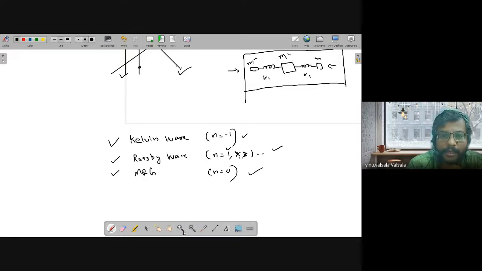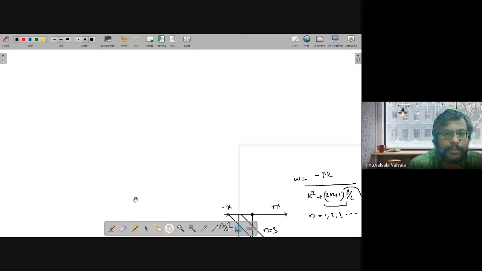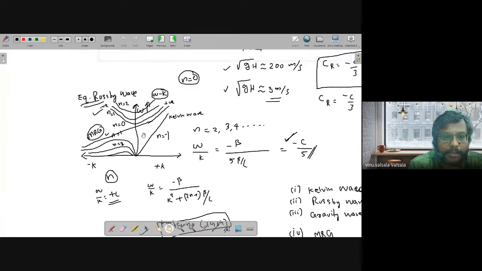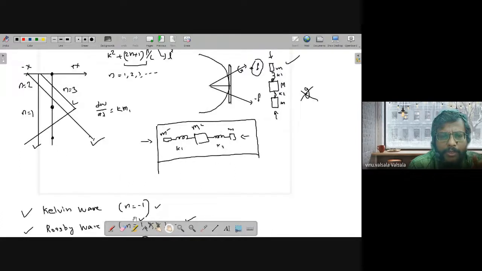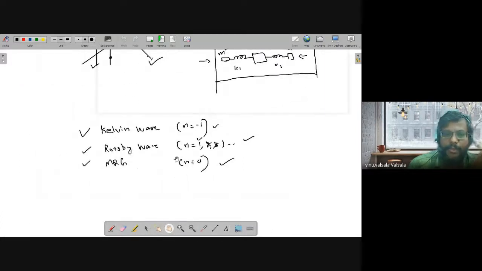These are there. Let us go back to our other spectrum. See the previous spectrum. So we said that the Kelvin wave is going to be there, the Rossby wave is going to be there, the mixed Rossby gravity wave is going to be there. How about other waves, like high frequency waves, like pure gravity waves? They are also possible. If you look at the diagram of cloudiness in the tropical area, you also see such waves, gravity waves.